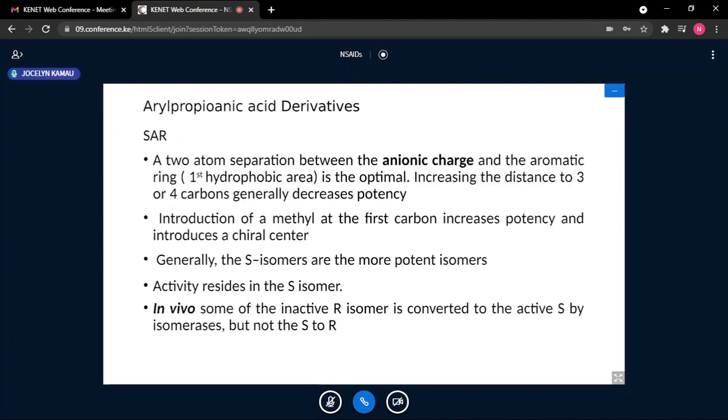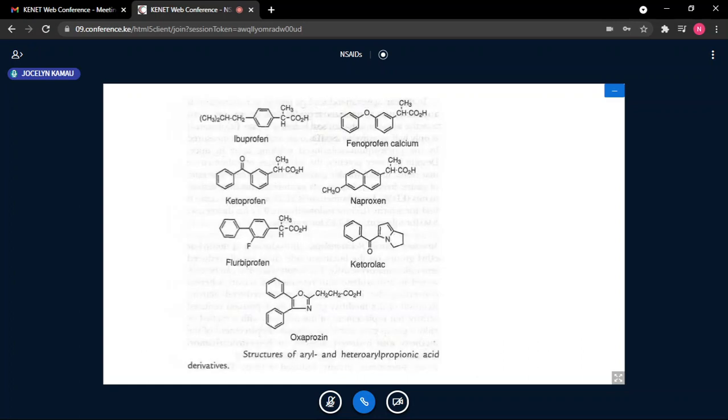Diclofenac. Yes, now here we are. So now the next one is what we have called the profens, or the acid derivatives. Kindly note the difference here. The acetic acid derivatives do not have this methyl group here. For all the profens, or propionic acid derivatives, you can see it has that carboxylic acid, it has that carbon